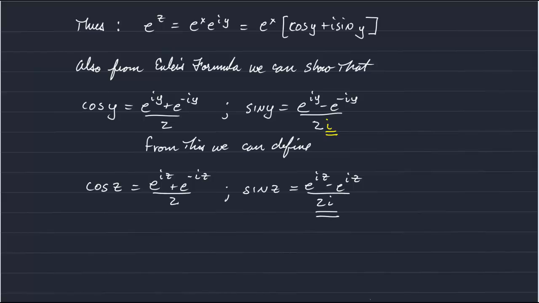So we've shown how to take an exponent of an imaginary number, and we showed also why e to the iy is expressed as Euler's formula. And then we showed the relationships of cosines of a real number to the exponents of the imaginary exponent, and finally what the cosine and sine of an imaginary number is in terms of those exponents. And you might recognize that these forms, if we go to hyperbolic functions,